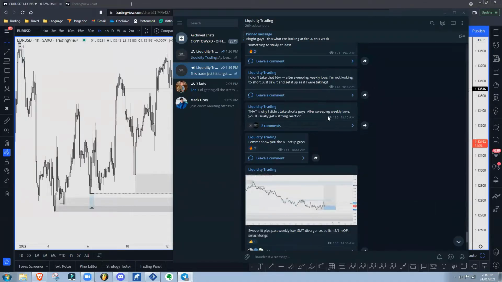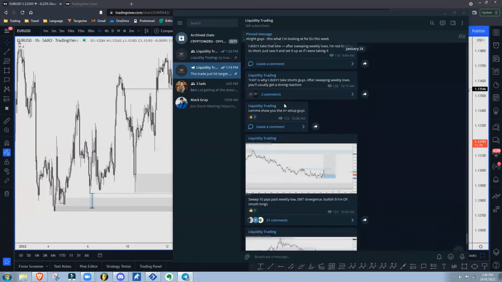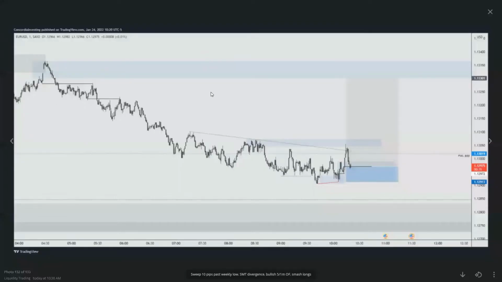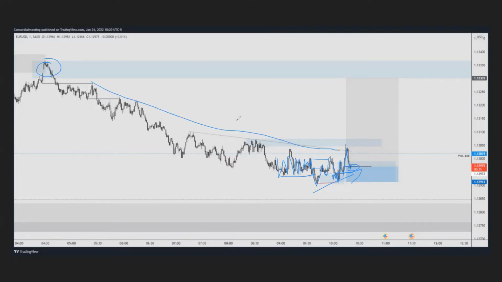So anyways, right here, this was the high probability setup. Once we get the weekly sweep on liquidity, what ends up happening was we had this kind of consolidation. We had this breakdown lower, and then all of a sudden we have our break of structure, right? We broke this structure. We have our inducement, mitigates, consolidates again on a smaller time frame, sweeps, breaks up, mitigates, breaks up, mitigates. And then this one right here was the confirmation, because we had a lot of confluence right here to target this level up in here, take out all that London liquidity, right?